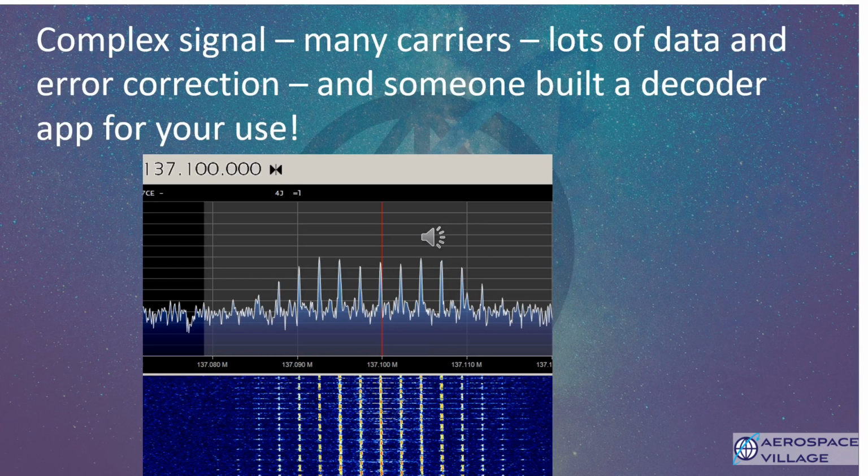This is really interesting. The satellite is 500 miles above the Earth, and yet you're able to receive a picture from it. You see they've got a number of different peaks. Those are different signals it's using. Each one works together with the others to send lots of data in a very short time. That's why the signal is so wide. You can see